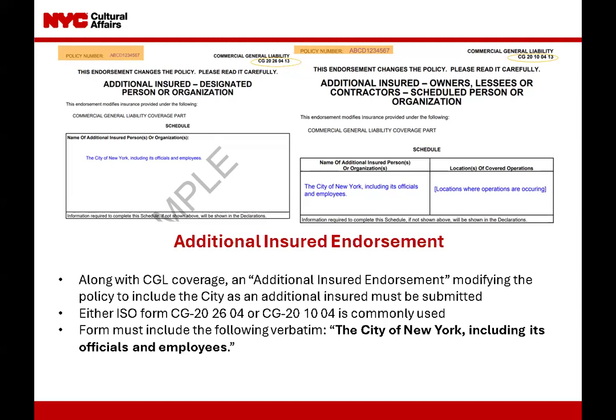Under Name of Additional Insured in the schedule, you must include the following language verbatim. The City of New York, including its officials and employees. Please do not include DCLA's address in the schedule. However, if and only if your insurance broker requires that an address be included, you must include C/O in front of DCLA's address. It should read the City of New York, C/O, 31 Chambers Street, 2nd floor, New York, New York,